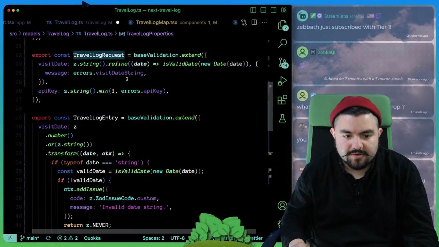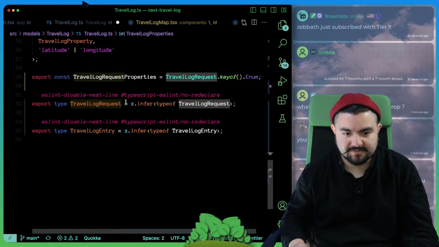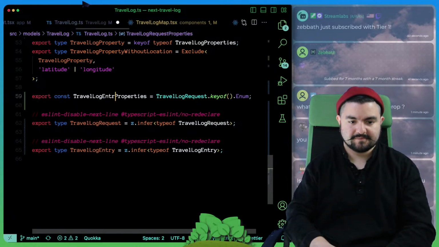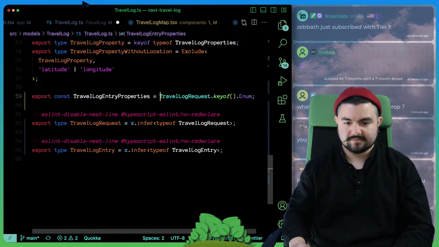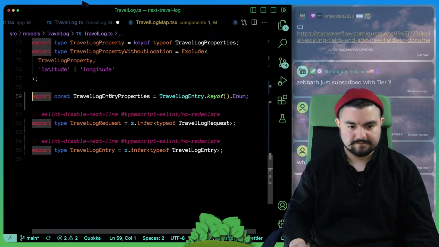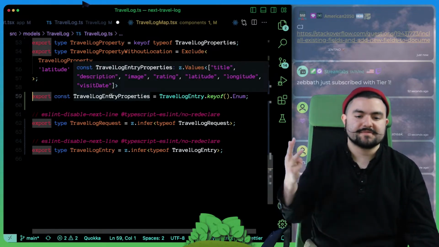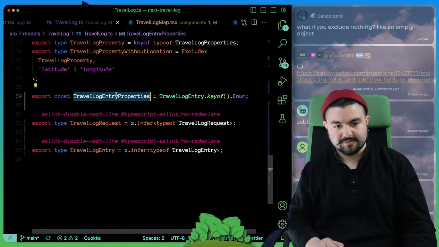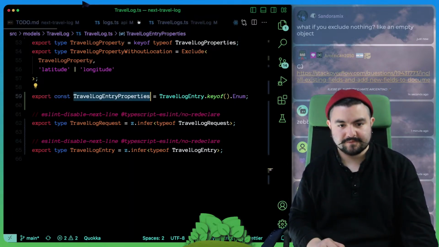I didn't want to do. Oh, no. Travelog entry properties is what I want. Nice. Title, description, image, rating, latitude, longitude, visit date. Beautiful. So now,